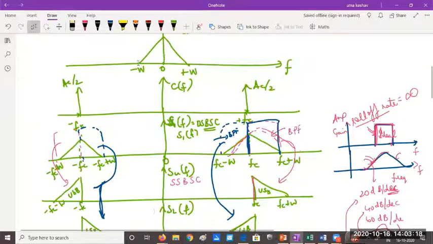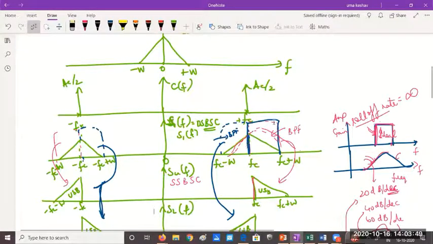This was the spectrum of the message signal, this triangular spectrum, we are familiar. The carrier looks like this, two impulses, one at plus Fc, one at minus Fc. It's a simple cosine signal: delta F minus Fc, delta F plus Fc. Then message into carrier will give us the message spectrums shifted to the points Fc and minus Fc, as you can see. After this, we should apply the band pass filter.